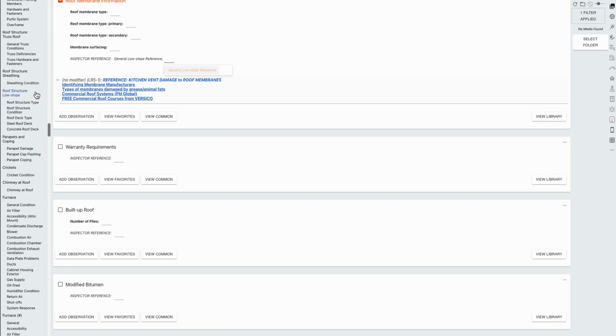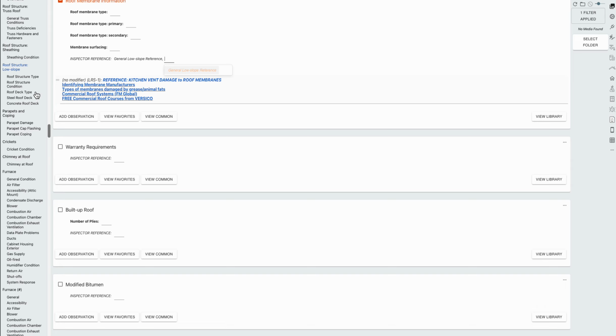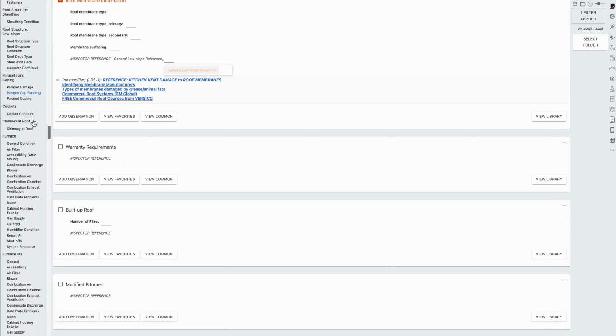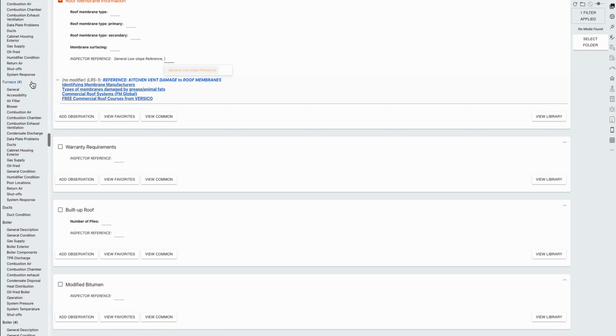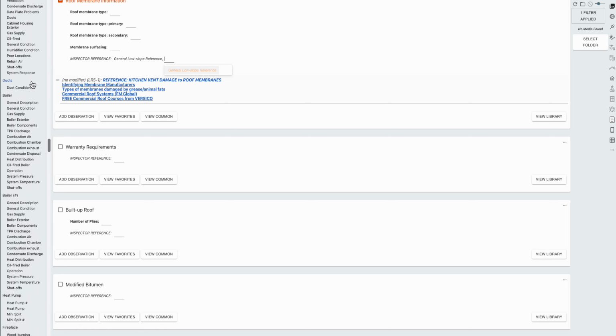And for low slope roof structure, the type, the condition, type of deck, parapets and coping, crickets, chimney and a roof, furnace, there's a furnace with a hash mark, ducts, boiler,